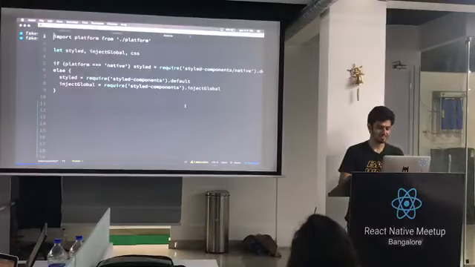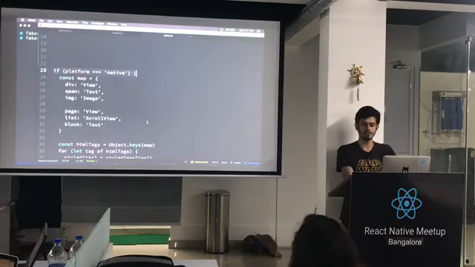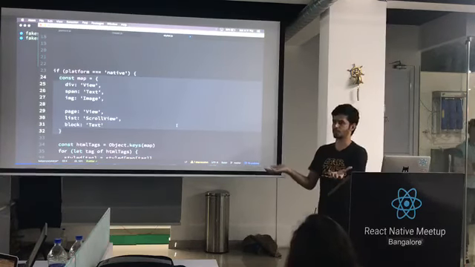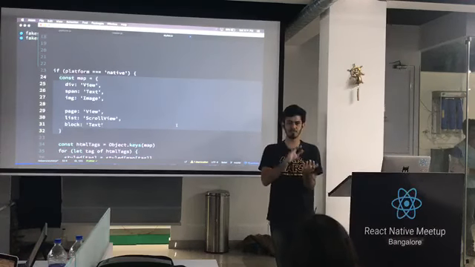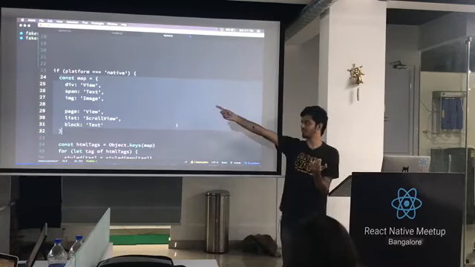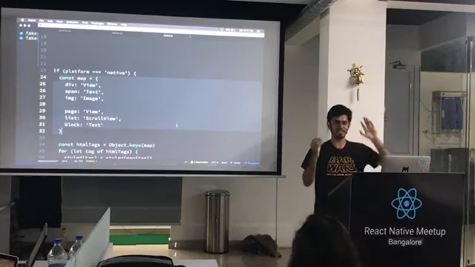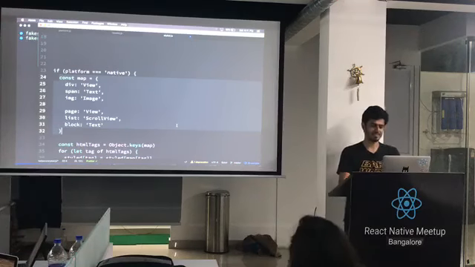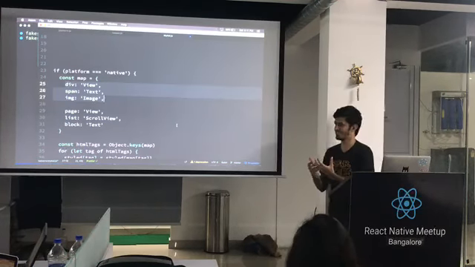Good. Yeah, so how that hacky thingy works is that I say if platform is native, then create a map. Because when I'm writing code, I don't want to write 2 codes, right? I want to write 1. So I start with a web one. I say when you see div, assume it's view. When you see a span, assume it is text. So I'm trying to create a 1:1 mapping, which as you can see, to begin with is very easy, but then it completely breaks the flow.